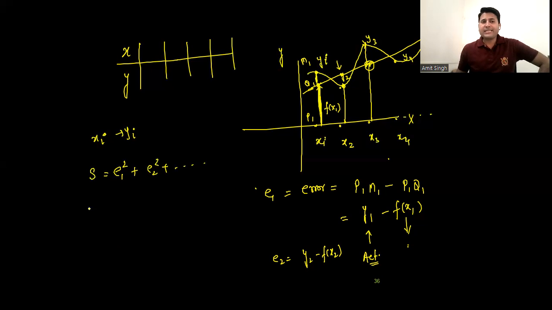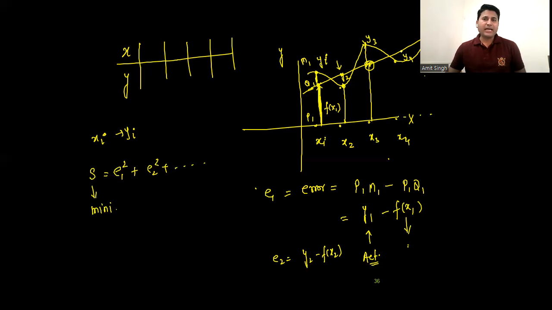And let us suppose this is S. So what is S over here? S is the sum of squares of the errors. And now we are going to minimize it. Minimize means we need to make it as small as possible. So our main task is what? To minimize this error, which is E1 square plus E2 square and so on. Our main aim is to minimize this error with the condition that this curve is best fitted.